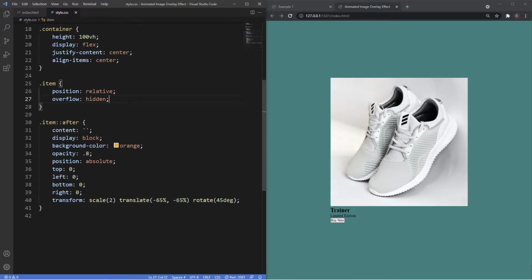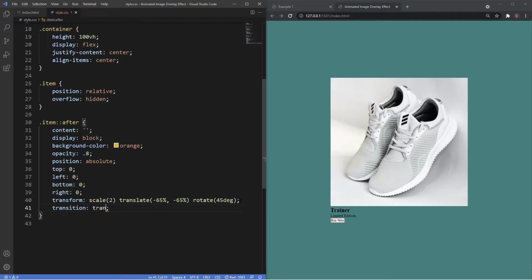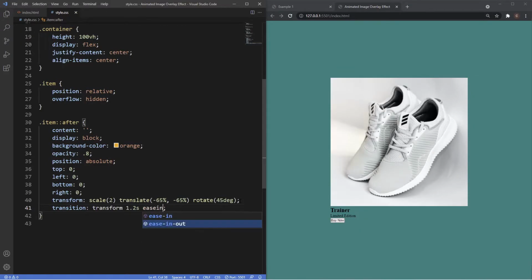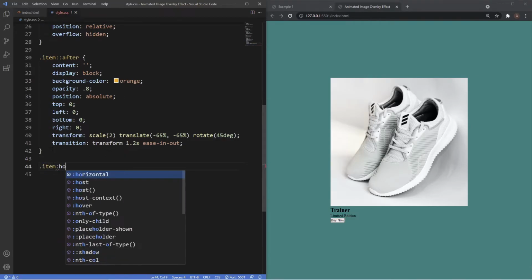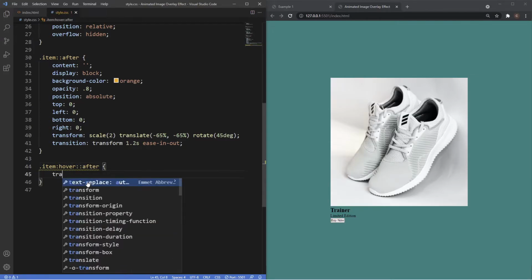And then what we want to do now is just add a transition here so it's nice and smooth. So transition of the transform property, and we'll say 1.2 seconds, and then we'll say ease in, out. And then what we want to do is grab the hover class. So grab the item first, and we want to apply the hover class to the item, because the initial state is just going to be the image. Otherwise, if we tried applying it to the pseudo element, it wouldn't work, because currently right now we can't see the pseudo element. So now we apply it to the pseudo element of after, and then we'll say transform